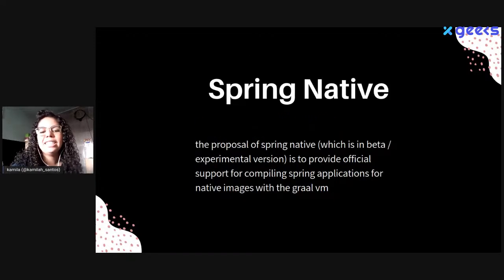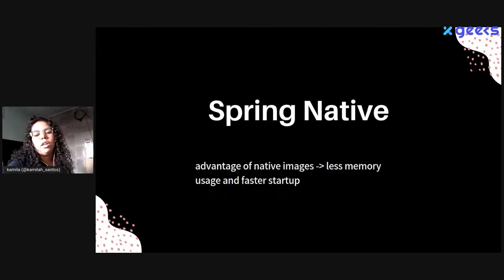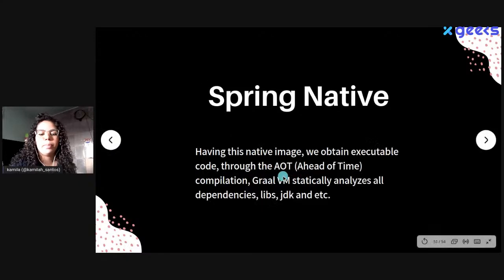And the last one, in March of this year, Spring Native was launched. The proposal of Spring Native, which is in an experimental beta version, is to provide official support for compiling Spring applications to native images with GraalVM. Spring Native has some advantages of using the native image, for example, less memory use and faster startup.